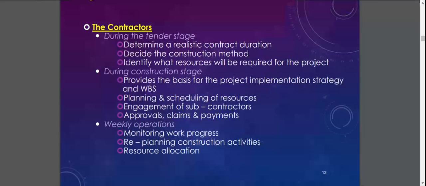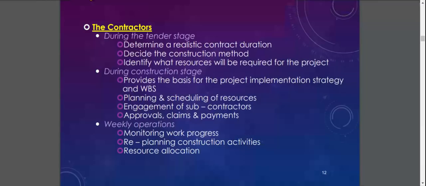So the contractor should determine a realistic contract duration, decide the construction method, and identify what resources will be required for the project, like what kind of machines and plants are needed, and when they need to order the material. This provides the basis for the project implementation strategy, planning and scheduling of resources, engagement of subcontractors, approval, claims, and payments.